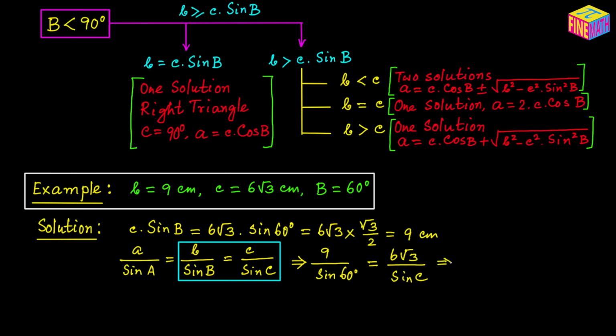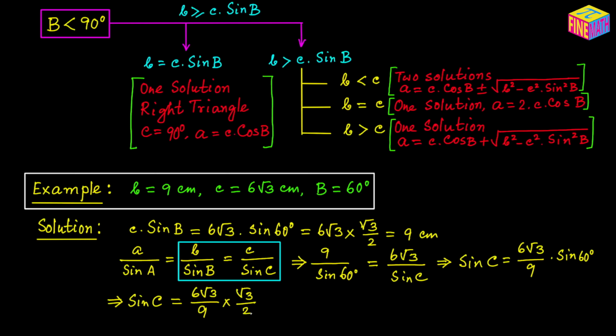And from here, what would be sine of C? That will be equal to 6 times square root of 3 over 9 times sine of 60 degree, and then we can say sine of C is equal to 6 times square root of 3 over 9 times square root of 3 over 2. That's the value of sine of 60 degree, and from here you can see that the numerator is actually 6 times 3, that is 18, and the denominator is also 9 times 2, that is 18. So this is actually 18 over 18, and that is equal to 1, and which can be written as sine of 90 degree. So from here we can clearly see that angle C is equal to 90 degree,